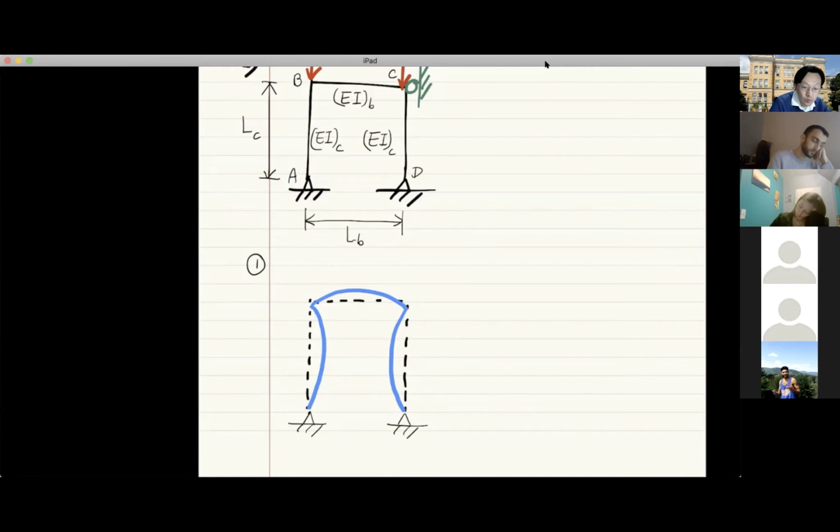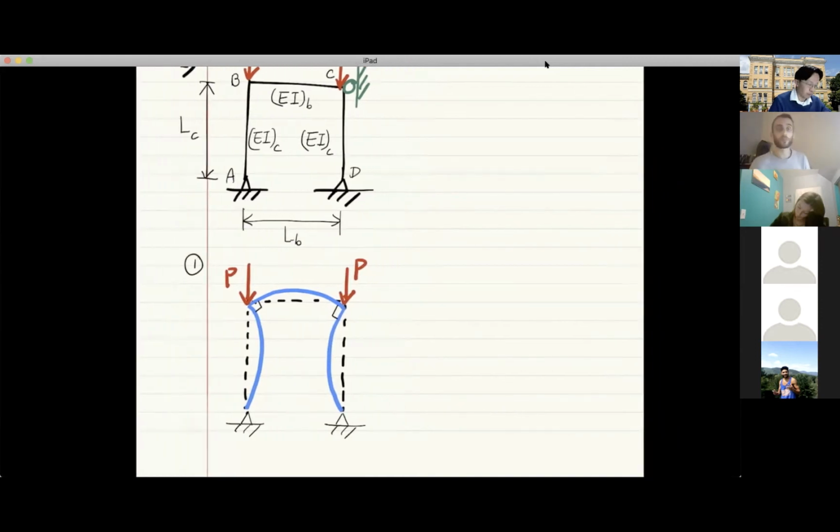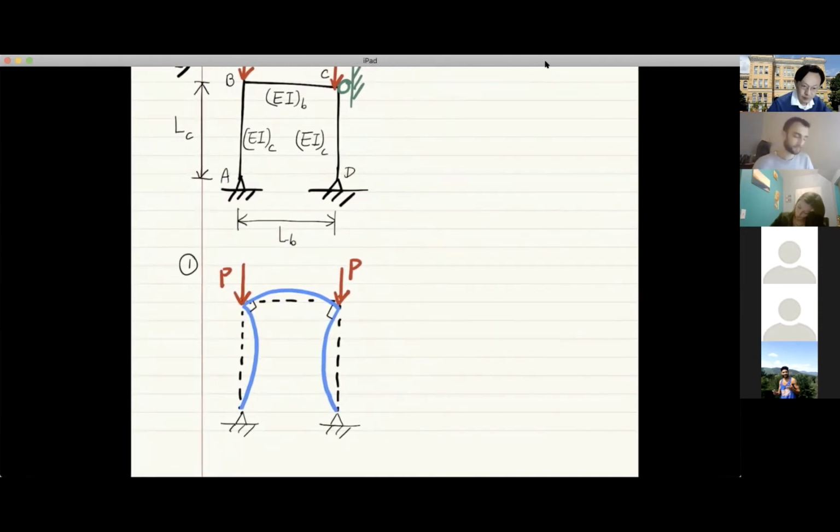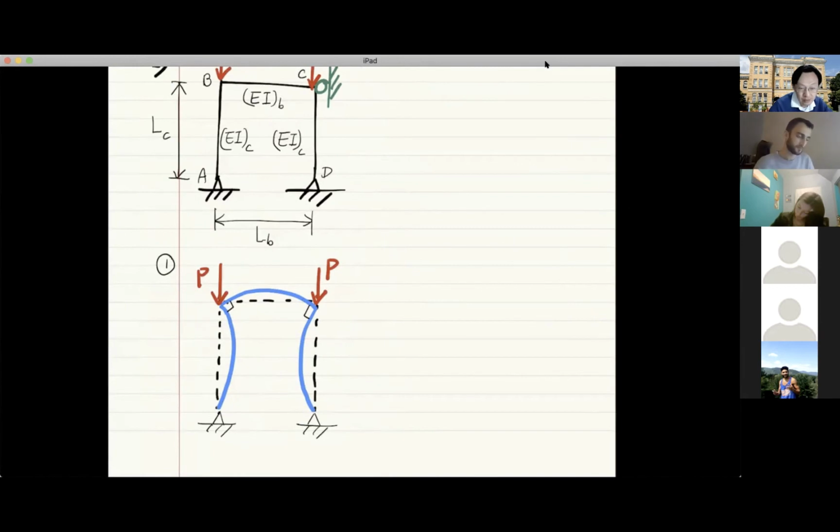Keep in mind that all the joints should preserve the right angle before and after deformation. And the loading, of course, applies here and here. Now, once we have this, let's dissect this kinematically admissible deformation profile and find out the direction of these